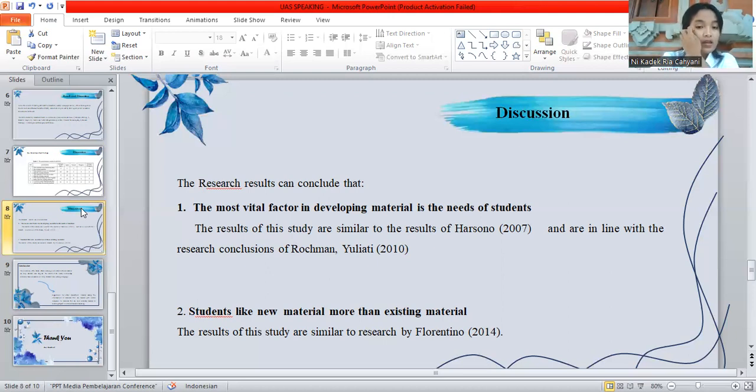The next is that students like the new material more than the existing material. Familiar material is aligned with the previous knowledge owned by students, and the results of this study are similar to research by Florentino 2014. In that study, it was explained that local cultures play an important role in increasing student involvement in learning.